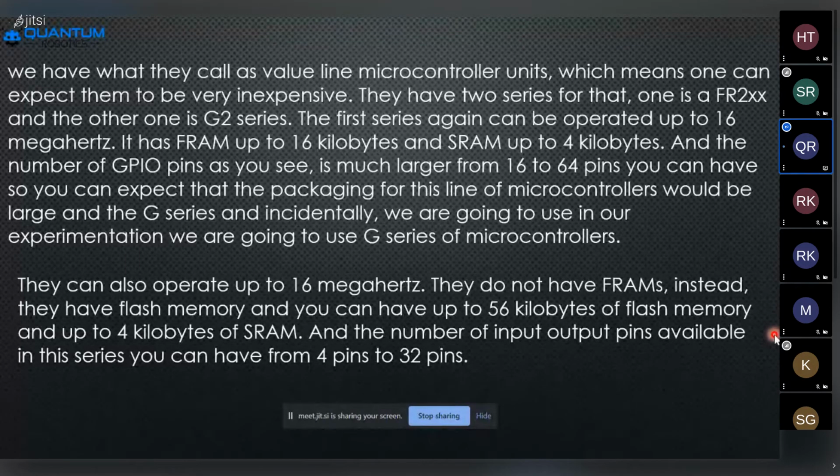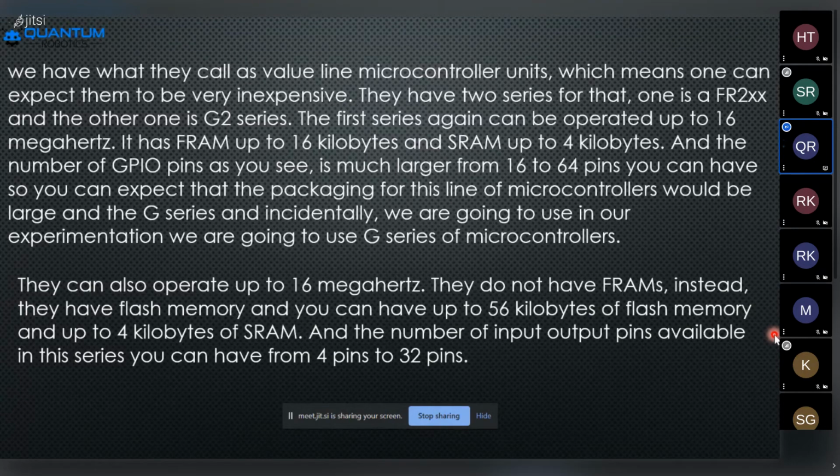Incidentally, we are going to use in our experiment two types of series. One is the FR2xx, and another is the G series. Previously we have seen the G series in the family, but FR2xx is the first series, and right now the G series is in the forward condition.